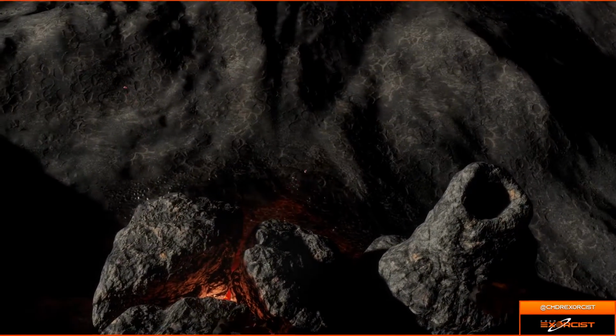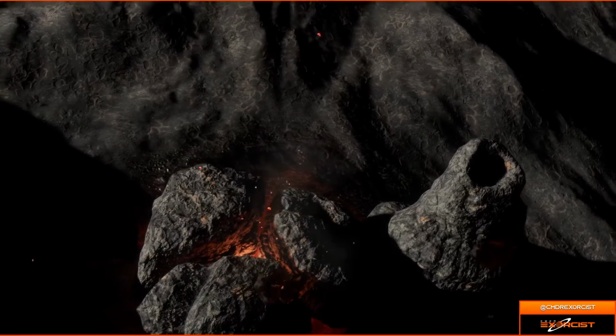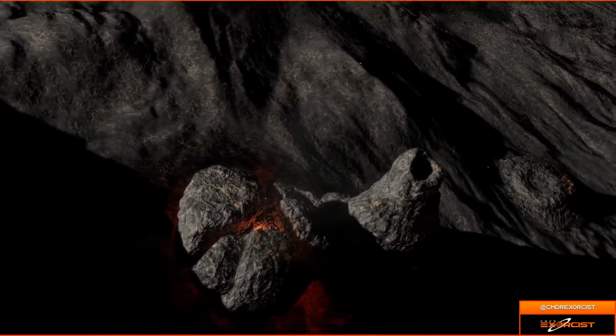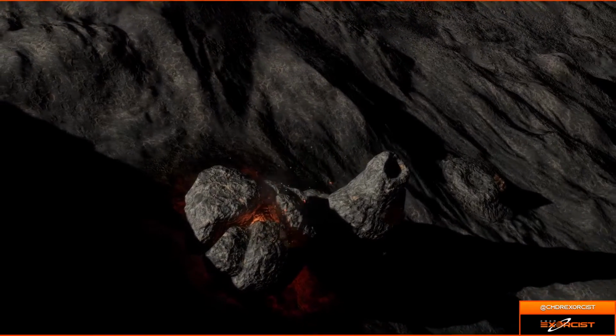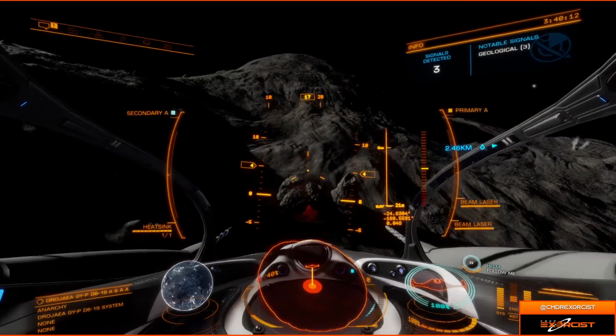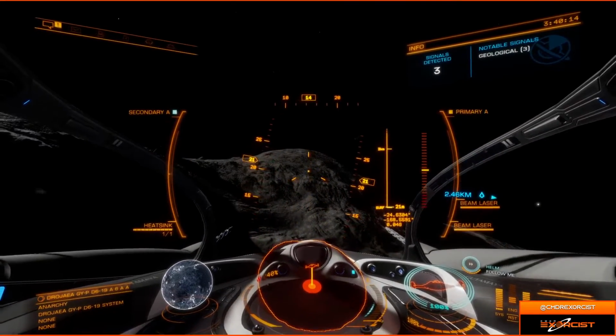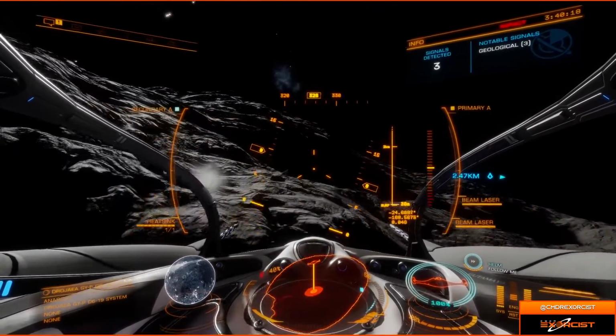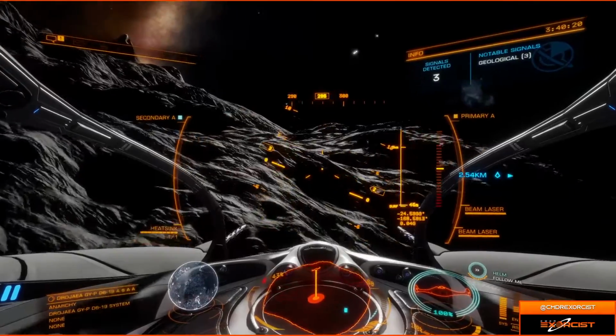So we got quite a nice little lava vent there with some crystals. A lot more activity up on the hill. And we can fly around for just a couple more minutes and show you what else is out here. Now, one of the questions you want to ask yourself is,